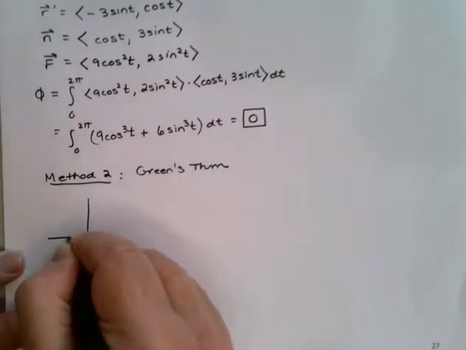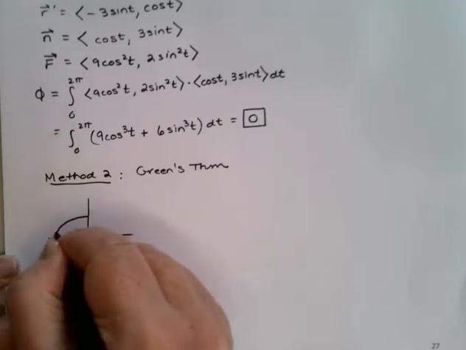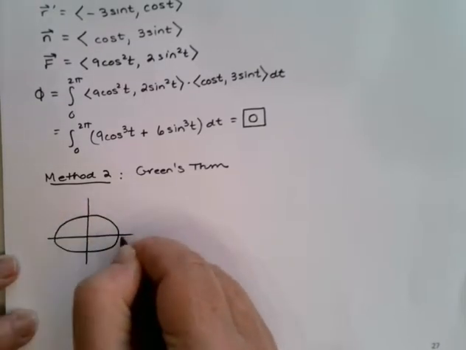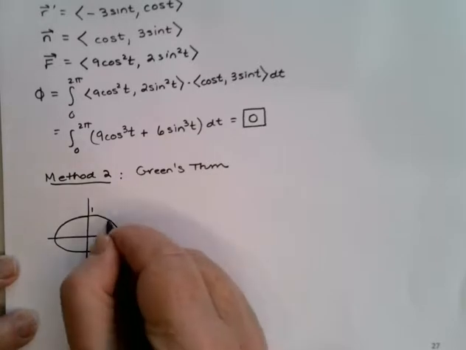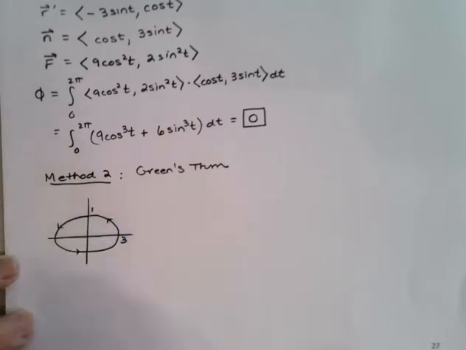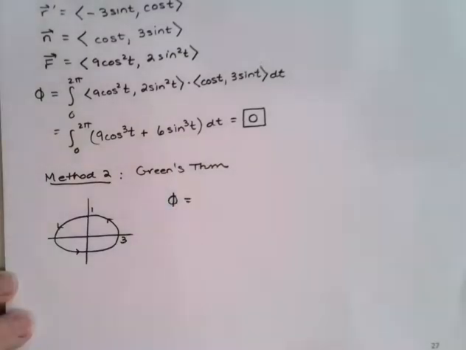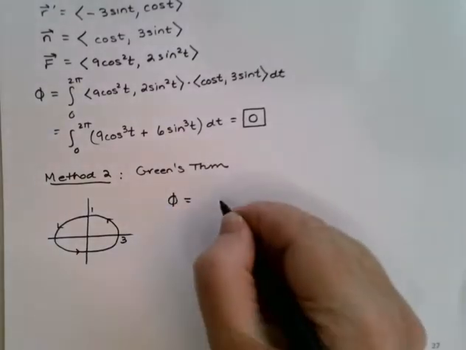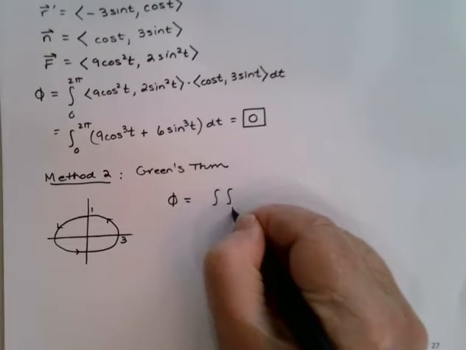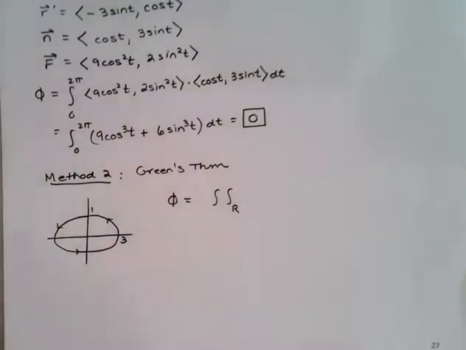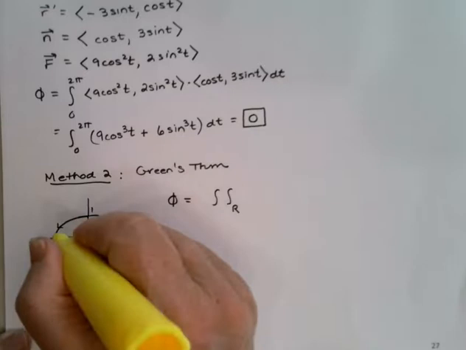I'm just going to make a quick sketch of my ellipse again. There we go. And according to Green's theorem, we can calculate the flux by taking the double integral over the region R, which is now the interior of our ellipse,